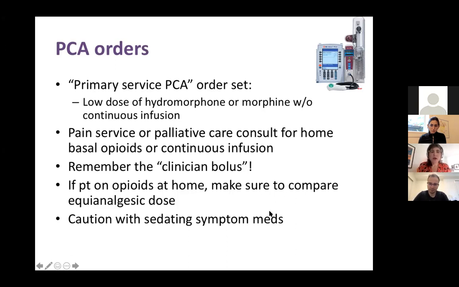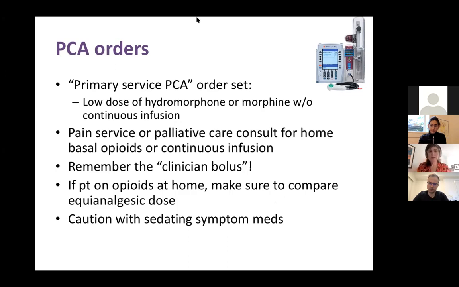Don't forget about the clinician bolus. If the nurse calls you and says your patient on a PCA is having a lot of pain, your first question should be, have they gotten their clinician boluses? Usually the nurses will go ahead and give that, but they won't always do it,